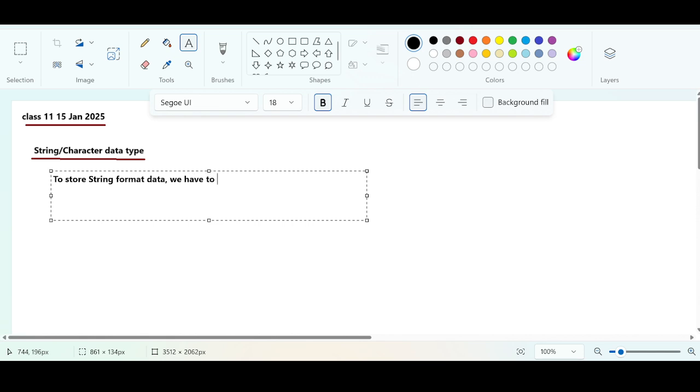We have to use string or character data type. The first point. The second point is